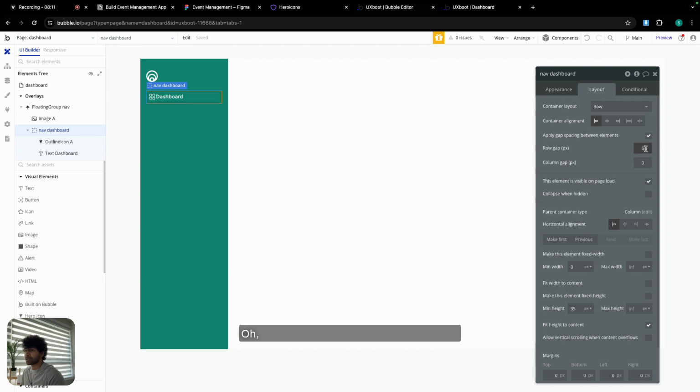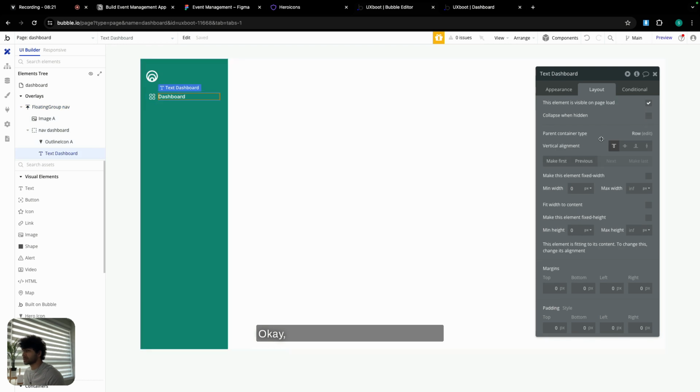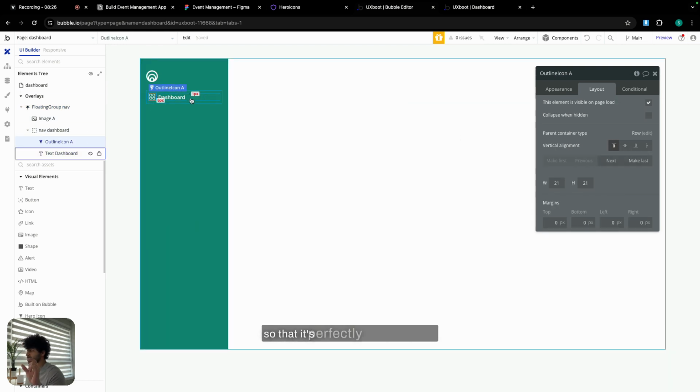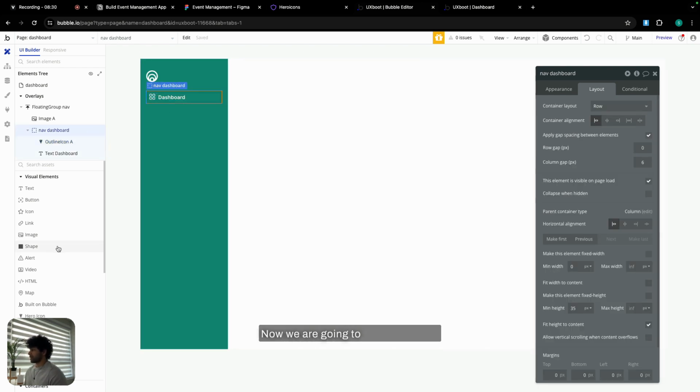So the column gap is going to be 6 and not the row gap because we had changed the container layout. Okay, let's center these two elements so that it's perfectly center aligned. Now we are going to